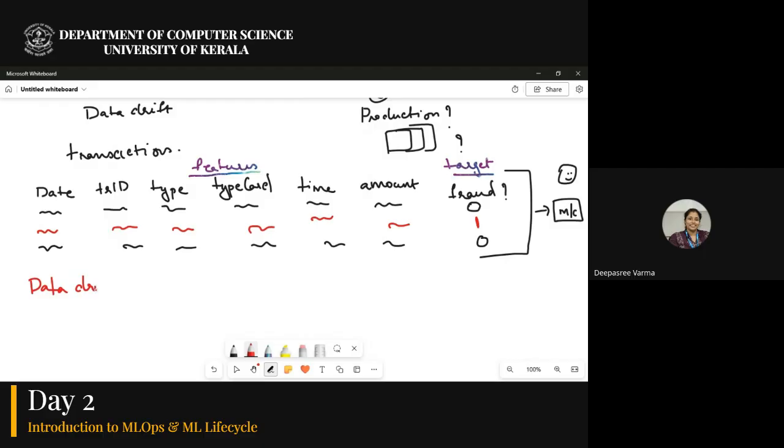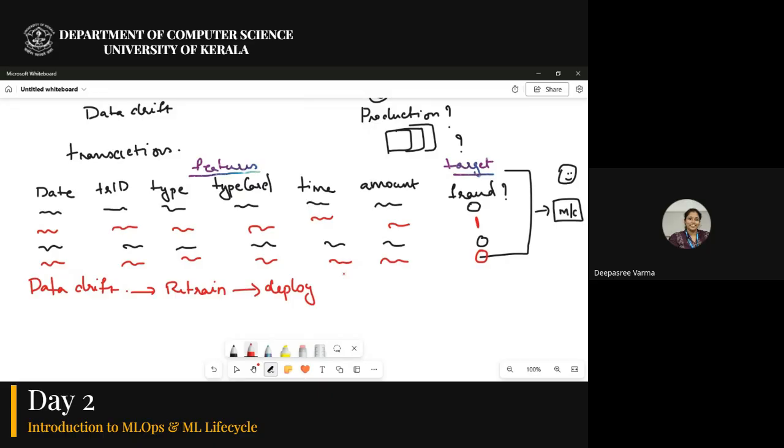The data may change. So what happens when there is data drift? I need to update with new data or change the existing data. I need to add new transactions, as new fraudulent transactions may have appeared. So I add this new data. Now I need to retrain the model again so that the model understands this pattern also, right? And again I need to deploy the model. Then only this will work for every aspect, or every time it will work better.